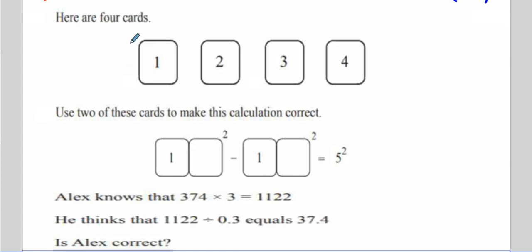The question says, here are 4 cards. You have 4 cards over here. Use 2 of these cards to make this calculation correct. Okay, so we have 1 here, we have 1 here. So we are supposed